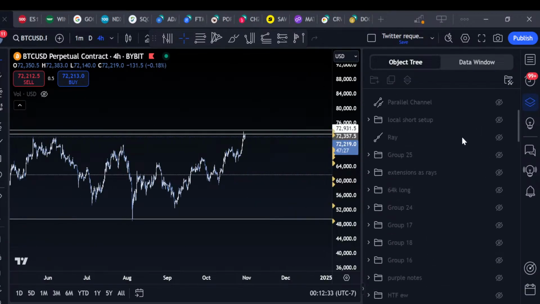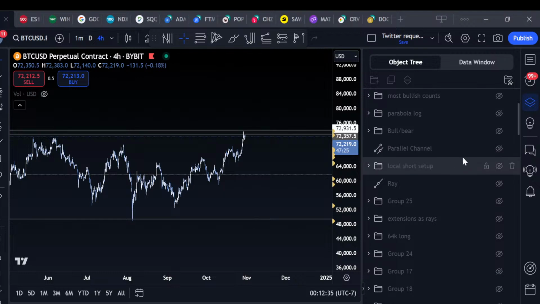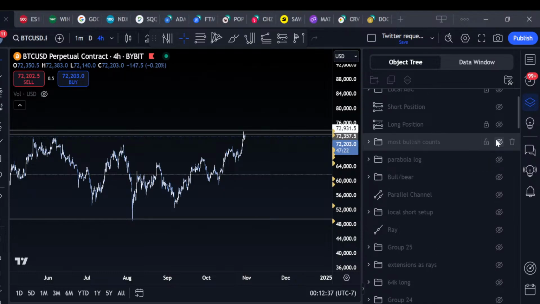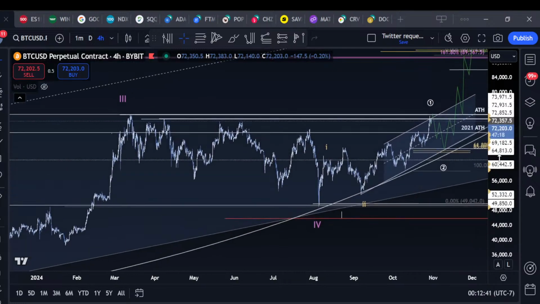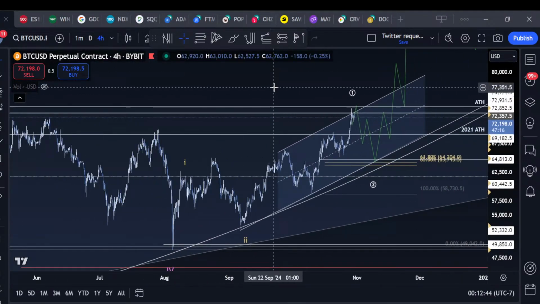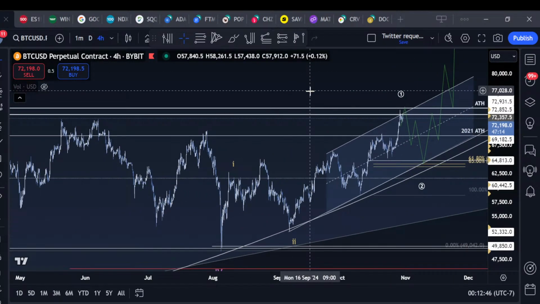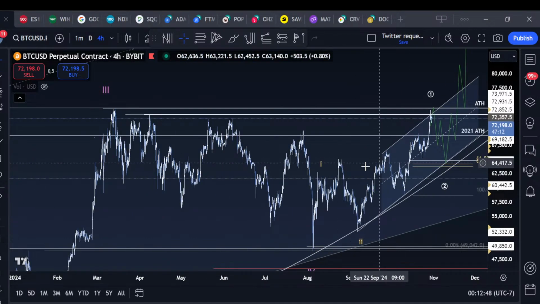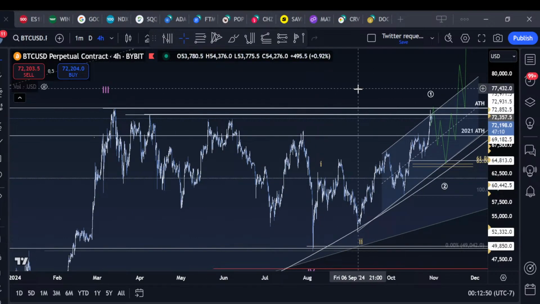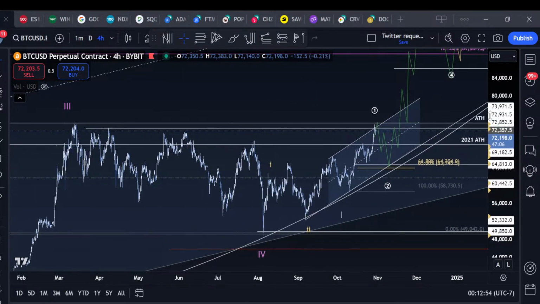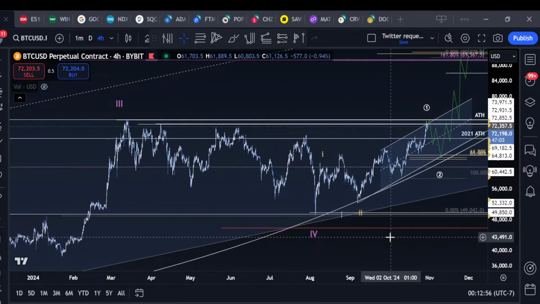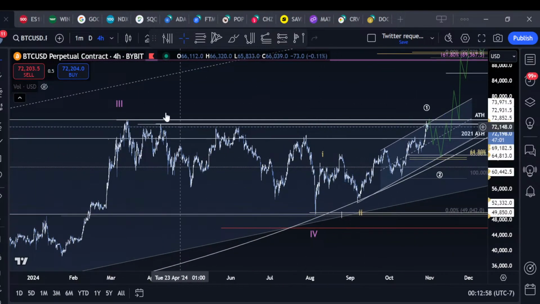All right, so I had a bearish thesis. I'm going to talk about the most bullish counts, the most bullish ideas. So I'm using something called Elliott wave here. You don't have to use Elliott wave. There's other ways to structure trades. I think I could find these structures without even any Elliott wave ideas. But the whole idea of my target down here was that we hadn't finished a wave 4 correction.